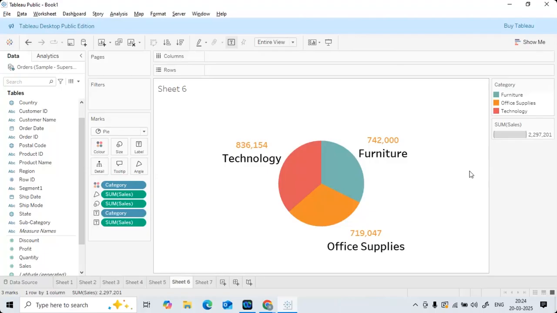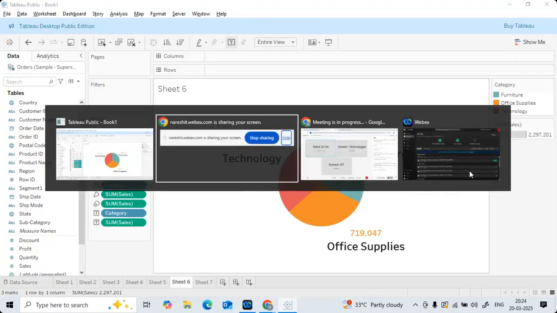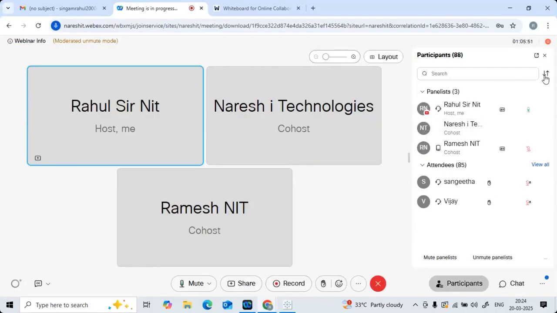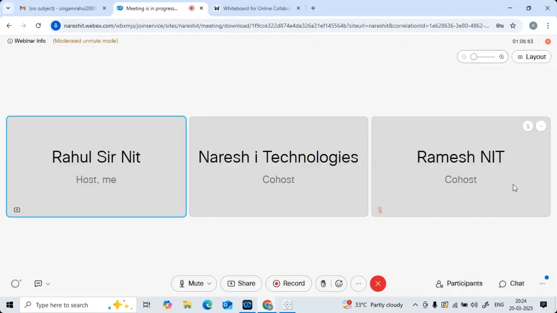Not remembering? Well, as I mentioned, while we are covering line charts and area charts, we need to use one certain column to understand hierarchies. Online participants, anyone remembered? A date column? Yes or no? A date column you need to use, right? If you are utilizing a date column, then only hierarchies will be there inside it.